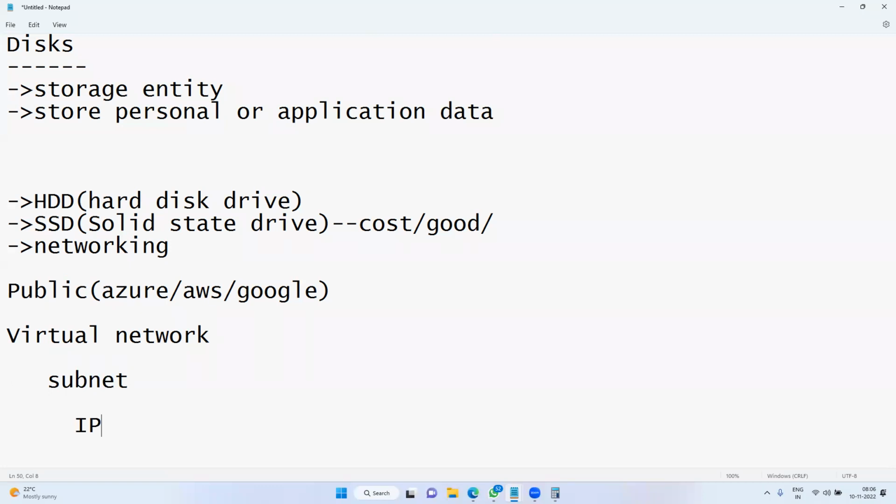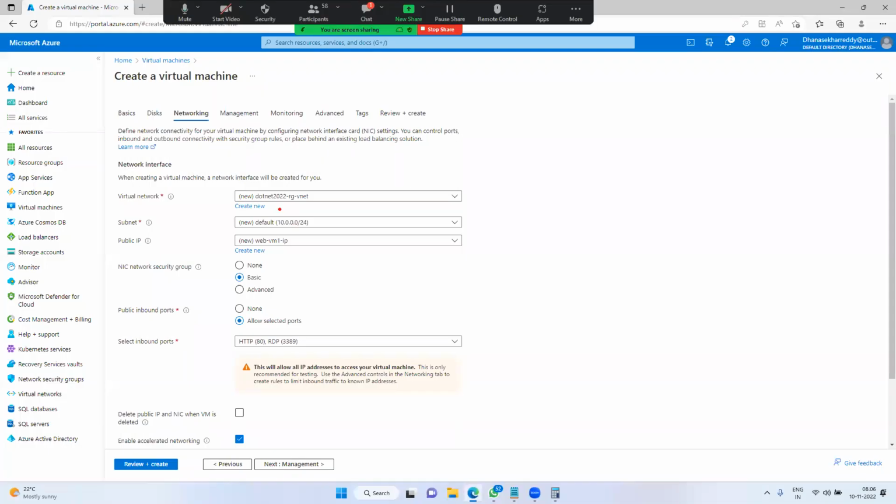At this moment, just remember, if we deploy any service in Azure, by default it is public. Not only Azure, AWS and Google are similar. These three are similar. That's why your virtual network is being created here. What is that? Your resource group name -vnet. What is my resource group?